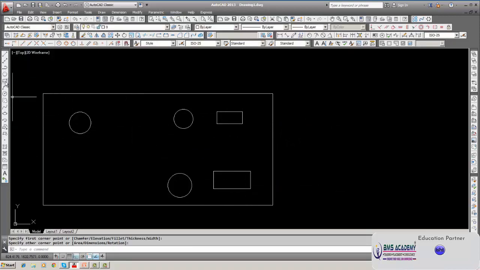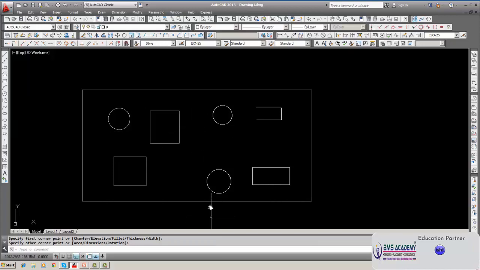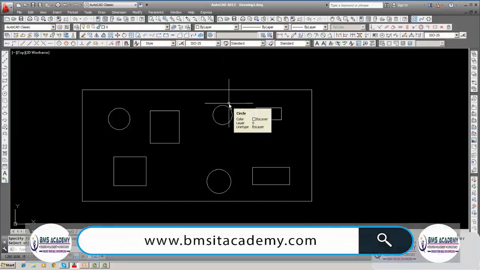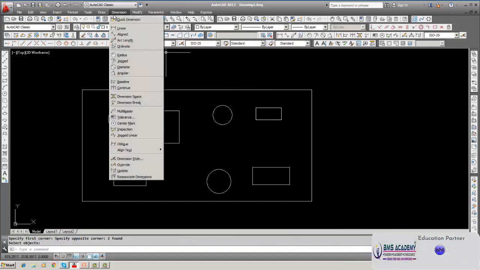Different parts are assembled. Each will have a different name. So, like this. This is one, this is one, this is one, this is one. So you want to name them. Then what you do is type dimension, then LE, leader, and you want to give some name to this. Depending upon if you select ortho, you get vertical lines or horizontal lines. If you don't select ortho, select polar, you can make it inclined. See, depending upon how you select. And that leader dimension also you can select from this